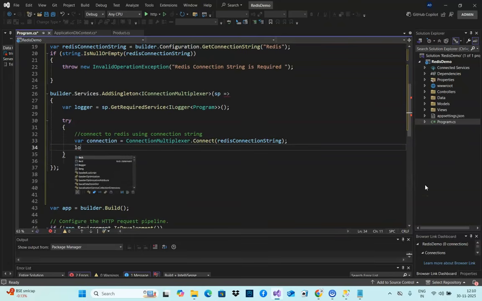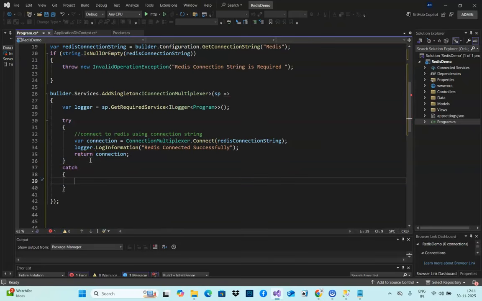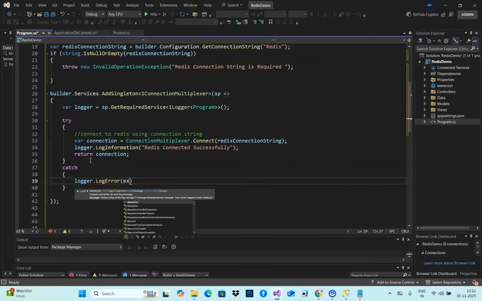Now after connect, we are just going to do logger.LogInformation and say Redis connected successfully. Okay, and then we are going to return the connection, and if there is any exception, we are going to say catch, logger.LogError, ex, and